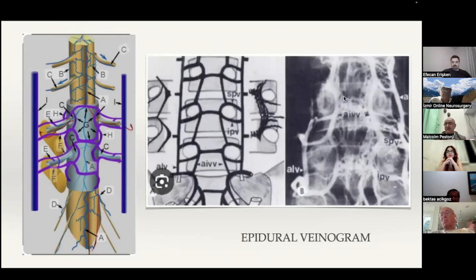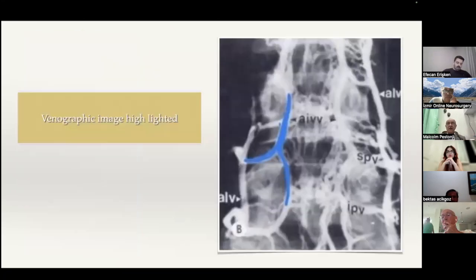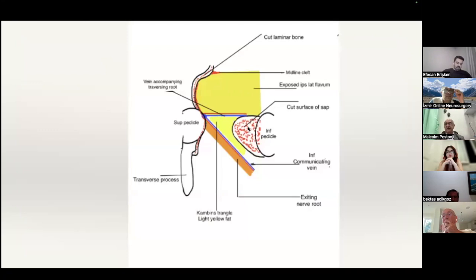See this vein that is coming from below the axilla. See this vein which accompanies the root. See this vein which accompanies the traversing and then the exiting root. So you have this loop, one joining from here and one coming here and then joining and out. Now, today, on endoscopy, because of fluid pressure, we can see these veins partially filled, flattened out, in proper correlation to the root. So, this is a venographic image which I've highlighted. And see here, vein, root,